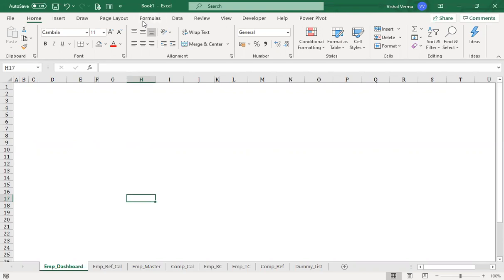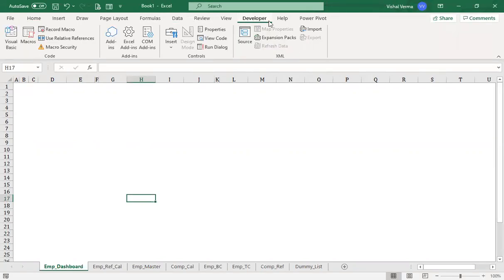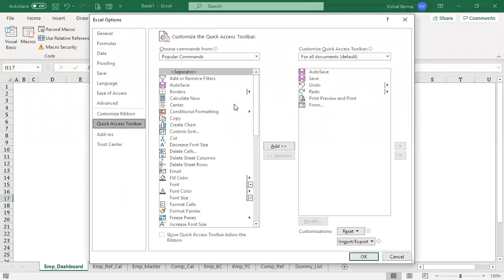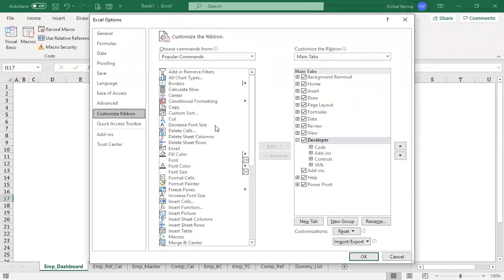So we need to go to the developer tool. If the developer tool is not available in your Excel sheet, you can go to customize ribbon, and in the options you will find the developer tool.